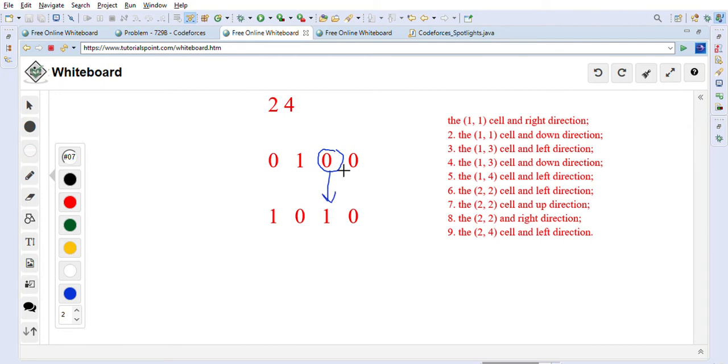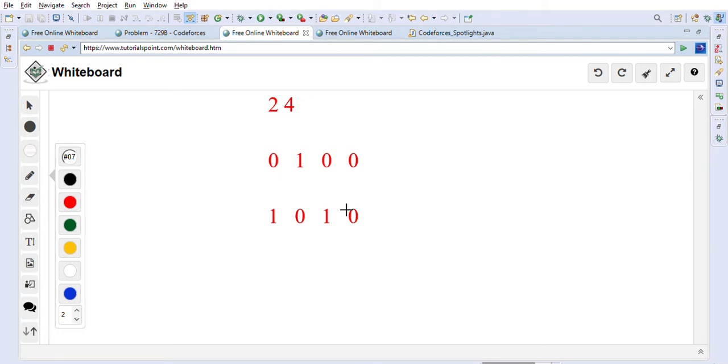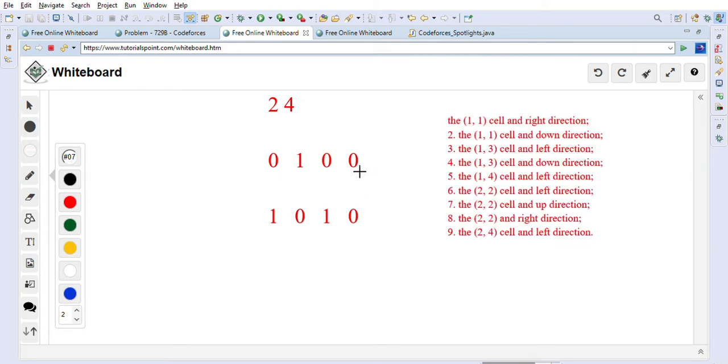The spotlight, so we can place it in the down direction, as written here. We have already seen that so far, right? Now after this we can go to 1 4. So we are here at 1 4. We can place it here, and the direction will be left, because there is an actor present on the left side, right? So we can place it like this basically.